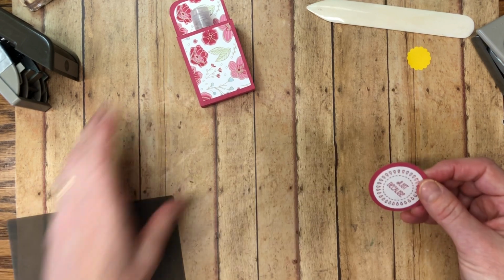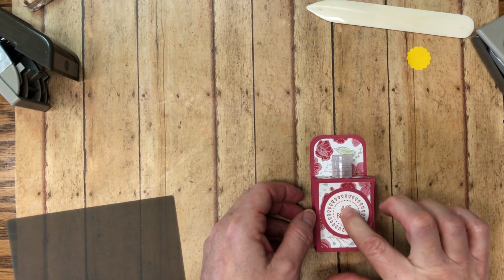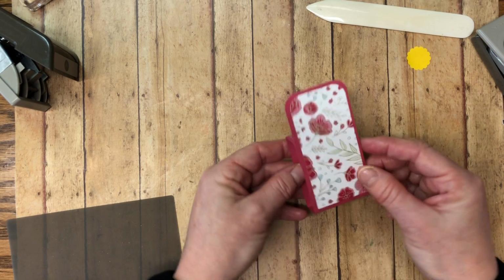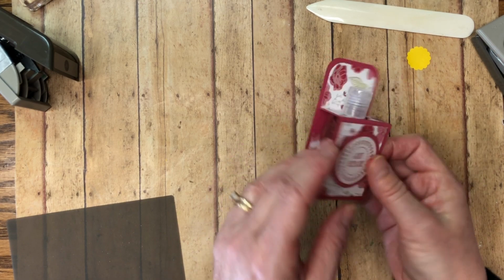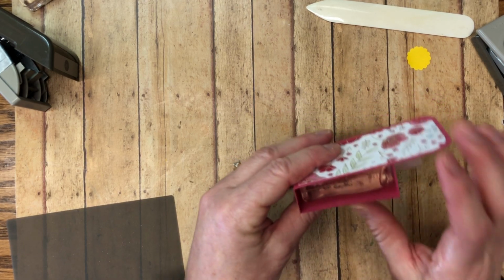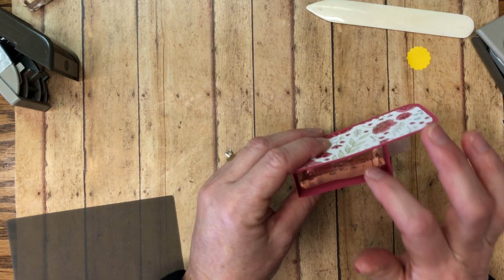And let's bring in our hand sanitizer that is nice and glued down. And I'm just going to center that and just press down where that dimensional is. So this is what it looks like. There's the back side. That pretty paper is just lovely. And then you can see on the side, and the expiration date you can see as well. So very important when you're selling any craft fair items or products that have an expiration date, that you know